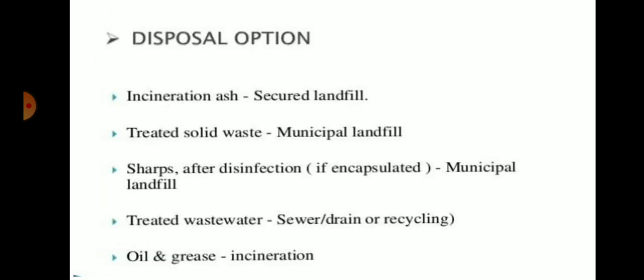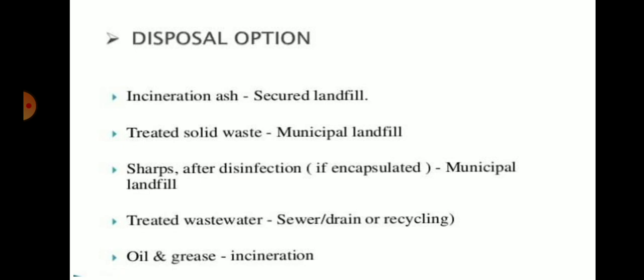Another method which is used for biomedical waste management is disposal. This disposal option is used in the biomedical field for the treatment and disposal of biomedical waste. So first of all, that is incineration ash. Because of the incineration, the combustible waste is converted into the gaseous form, but the incombustible waste, which is not burned into the gaseous form,